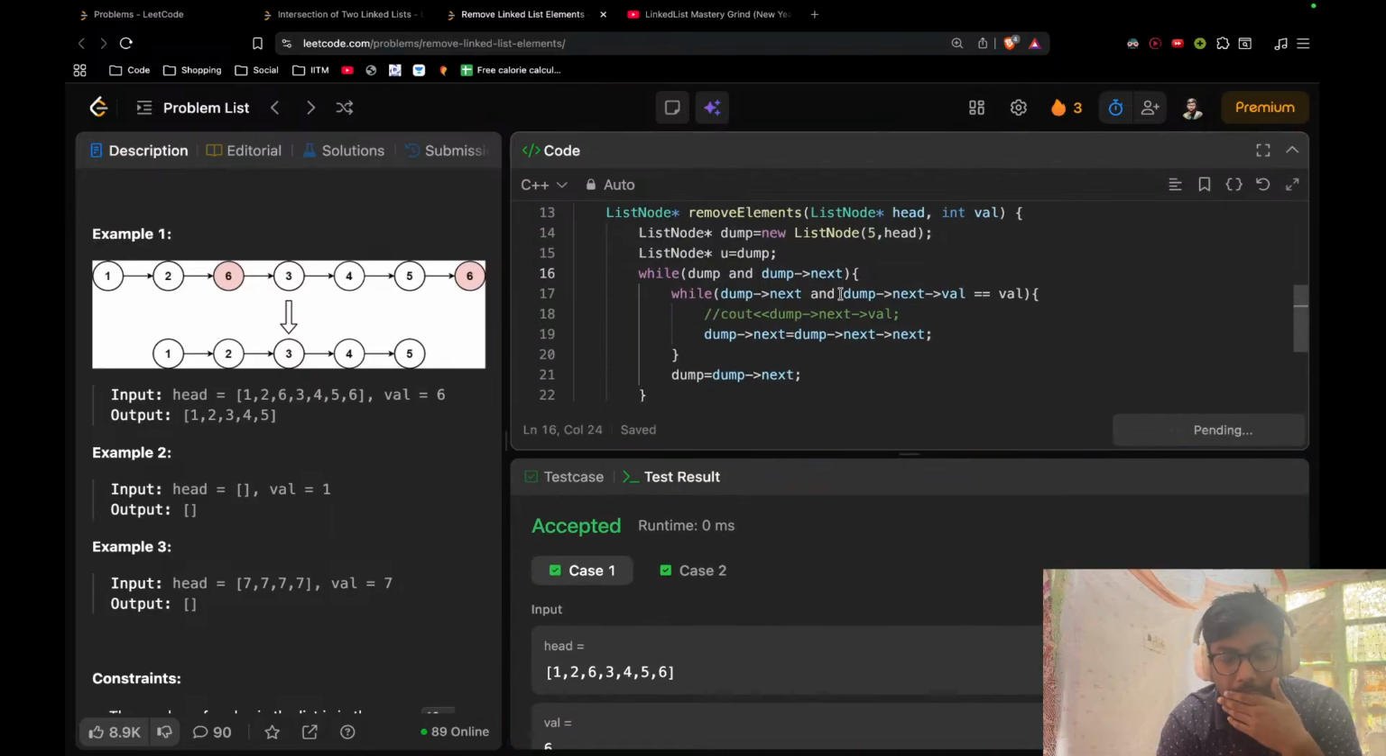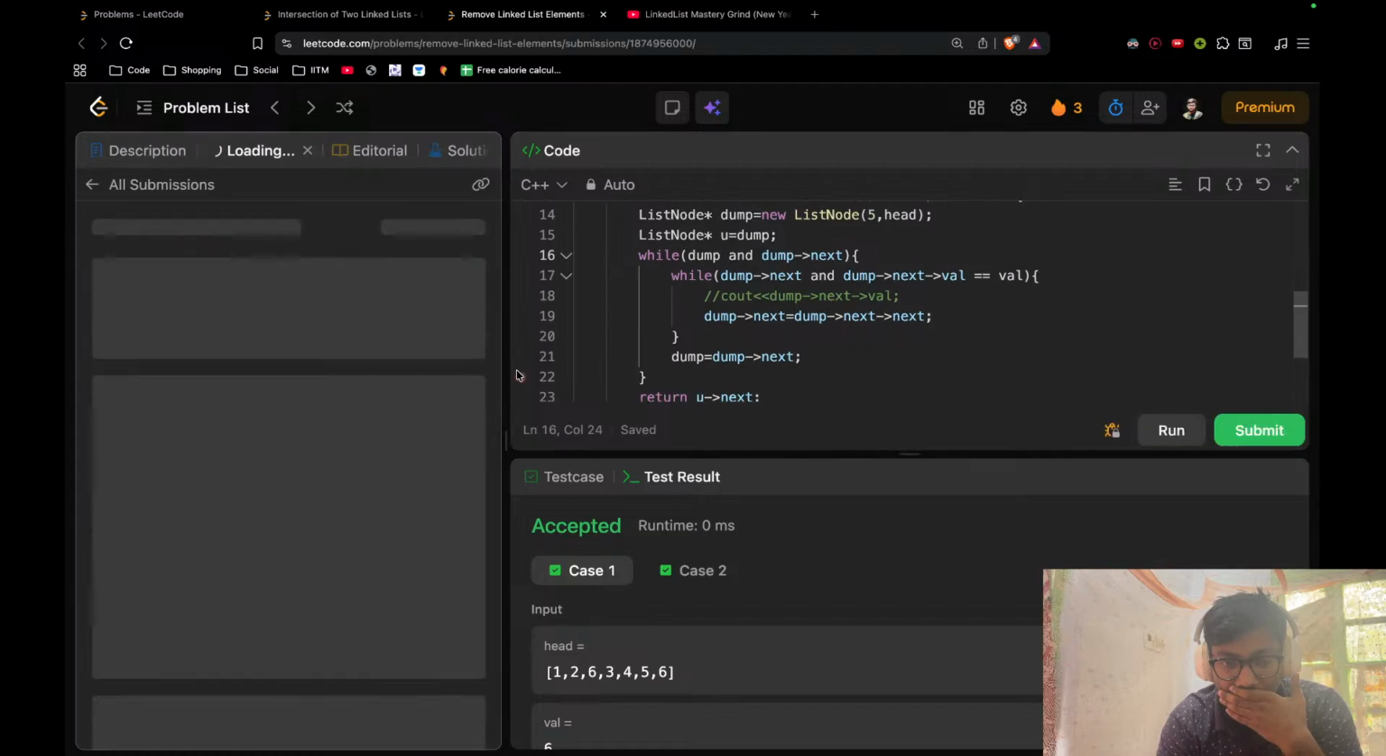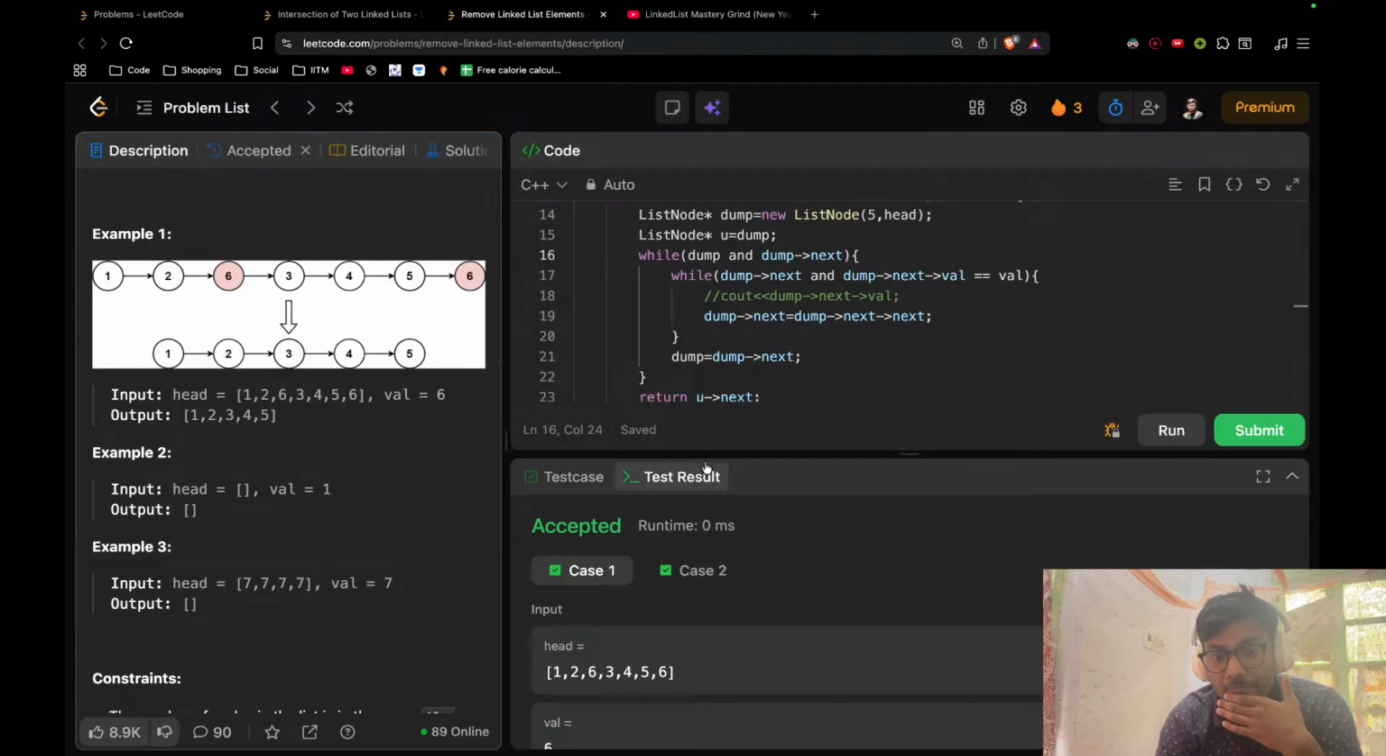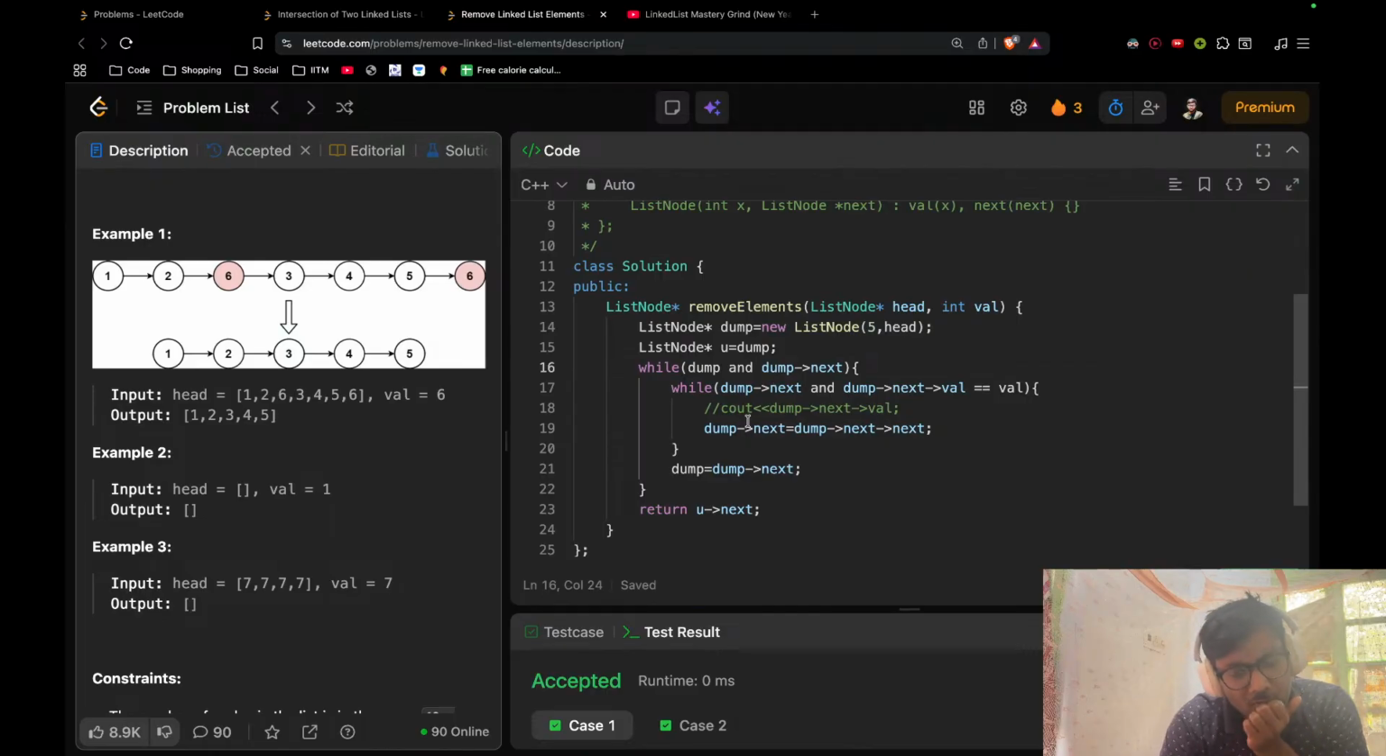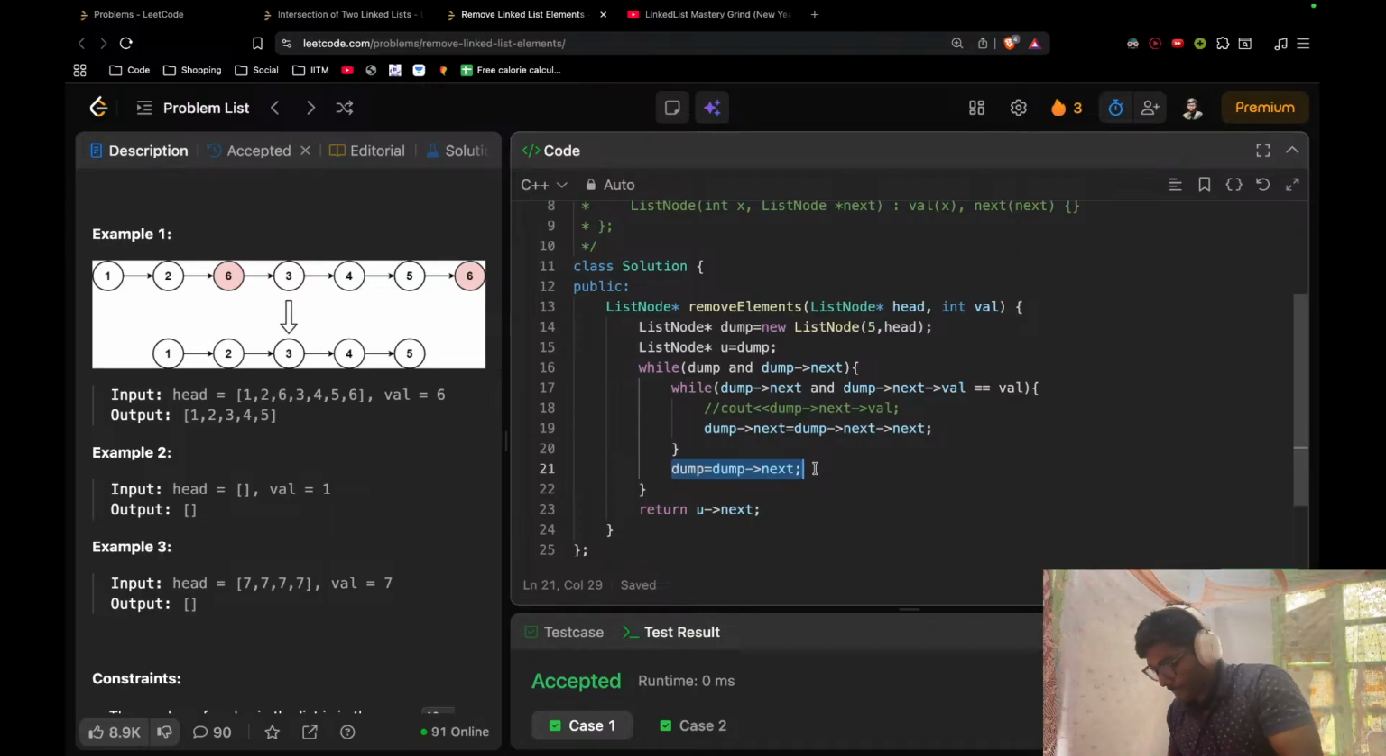Let's try submitting this. Okay. Why do we need this dump condition? Because you see, when I'm traversing, sometimes it can become null because we are not putting a further check, right? I should have taken out that mistake. But I should not be returning the dump. So what we have done is let's take this example 1 2 6 3 4 5 6